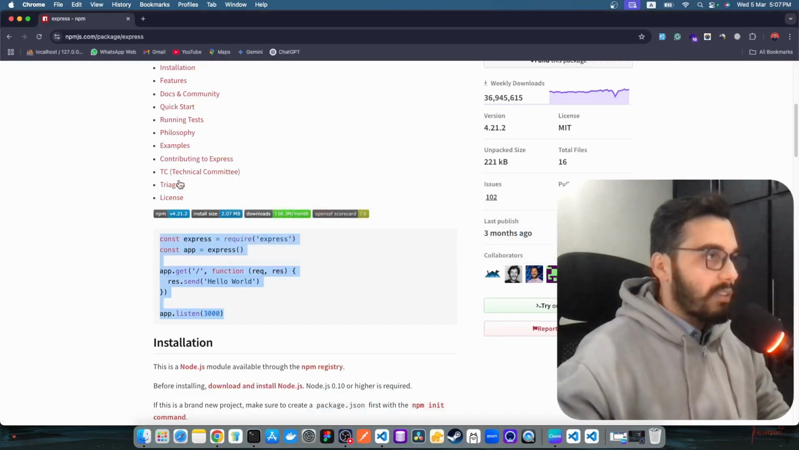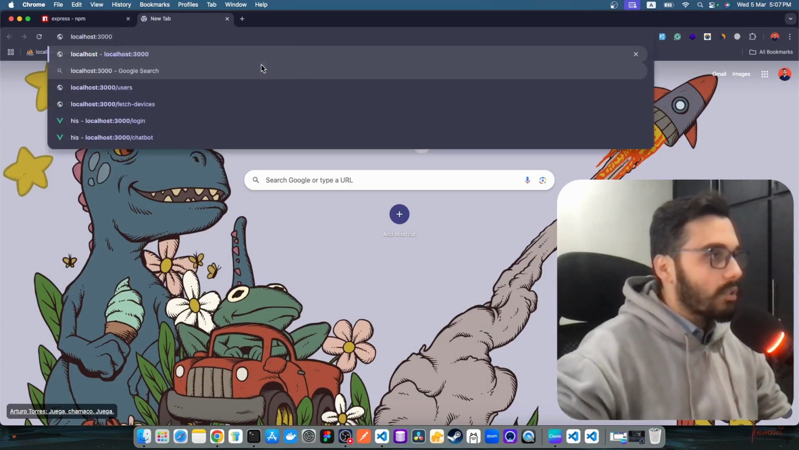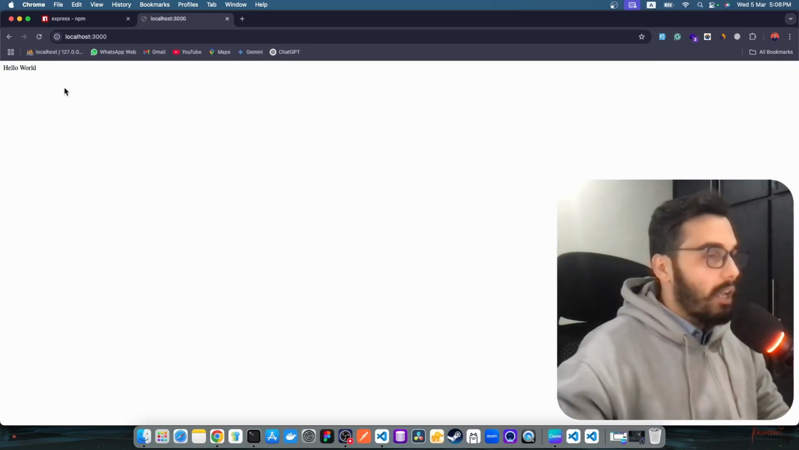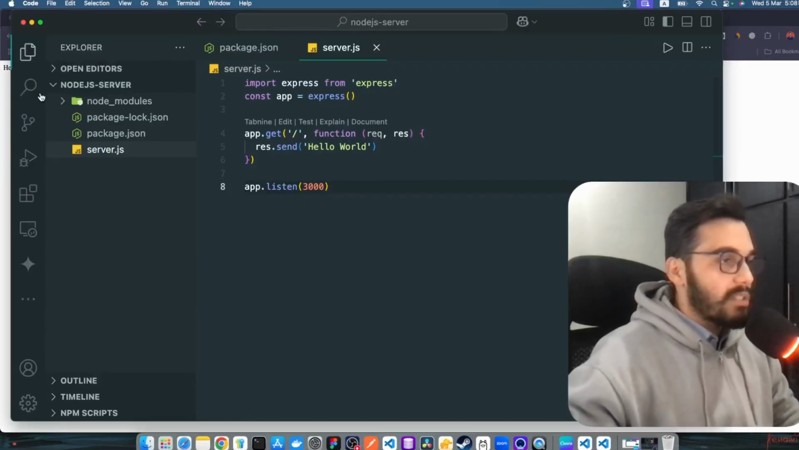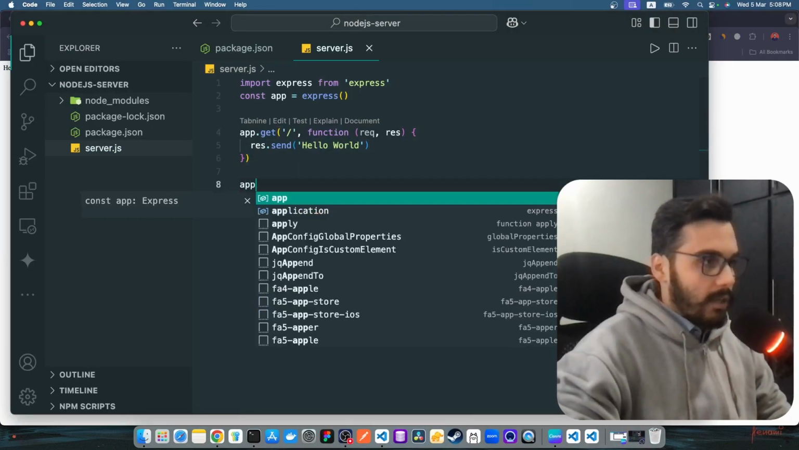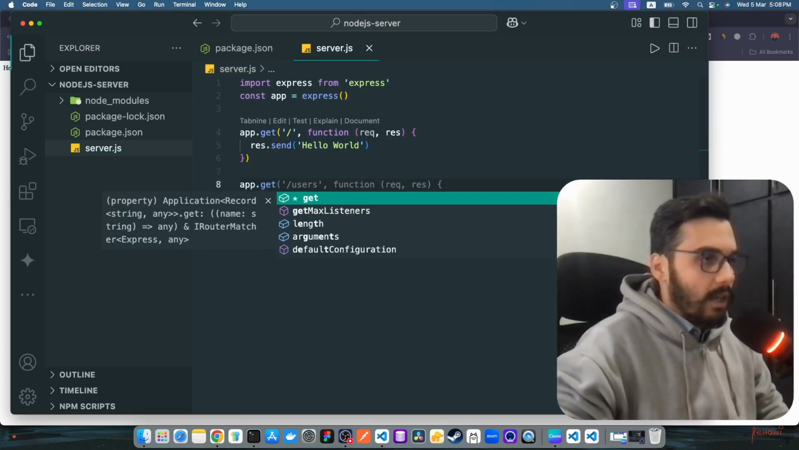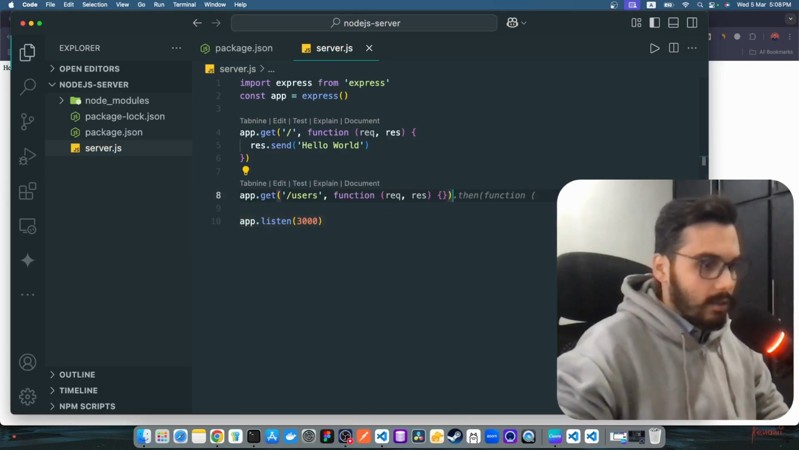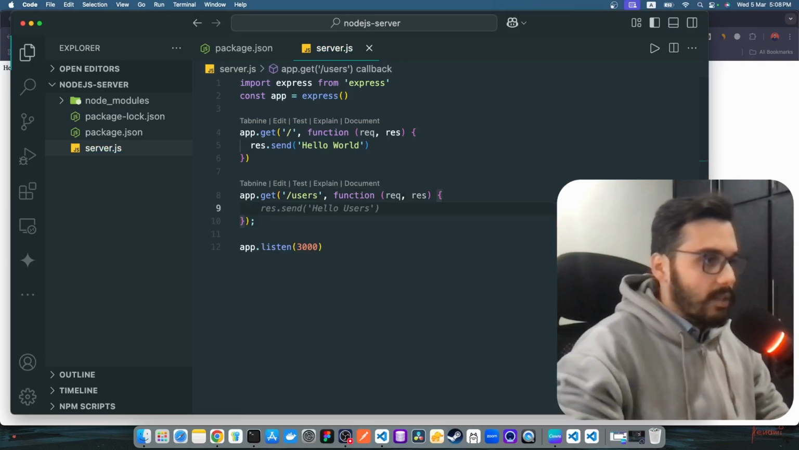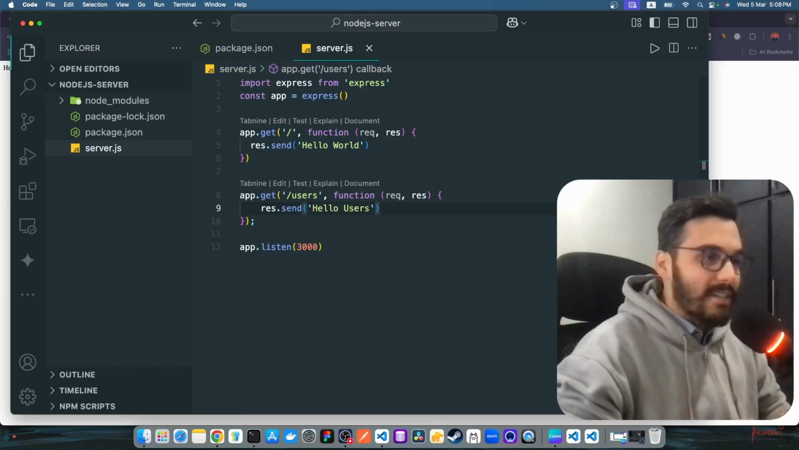And if you want to access the application, just go to a new tab, search localhost and port 3000. As you can see, we are getting the string hello world, which is coming from this get request. And if we want to create a post request or any other get request here, let's say to users, and inside this, if we want to get a response like response.send hello users,